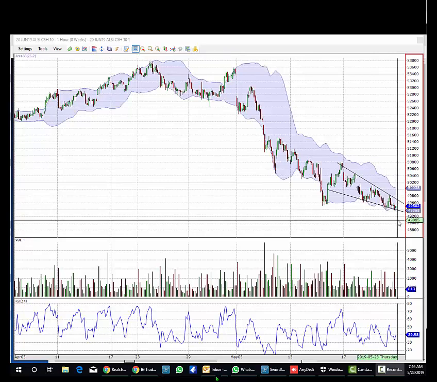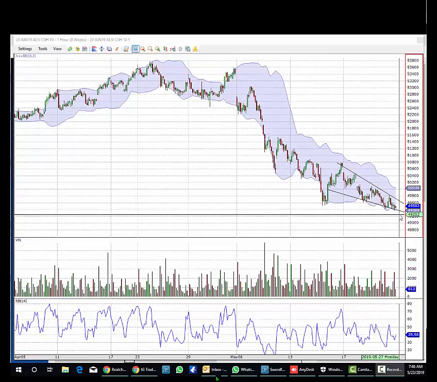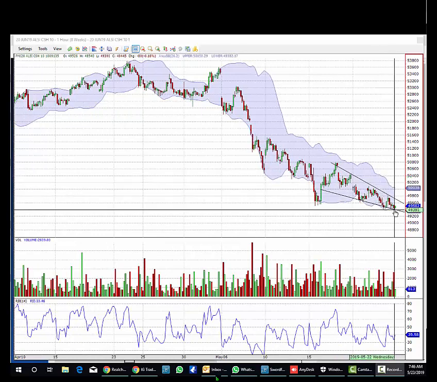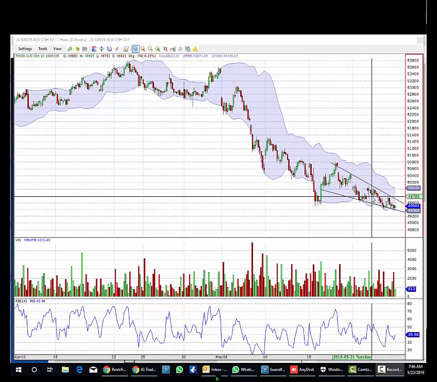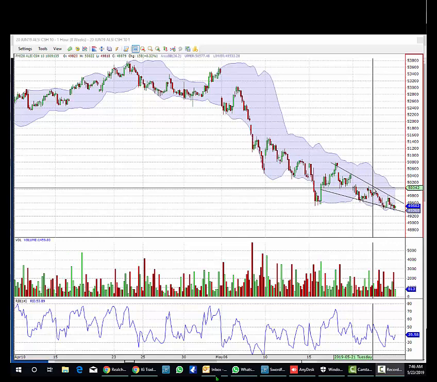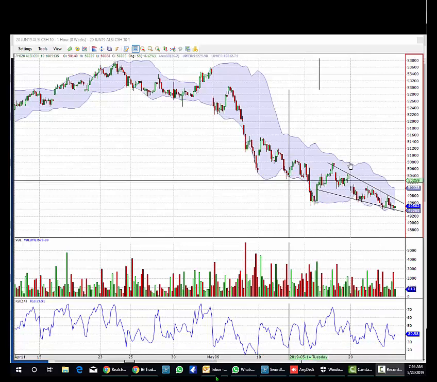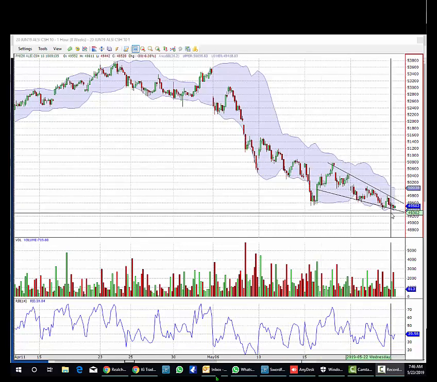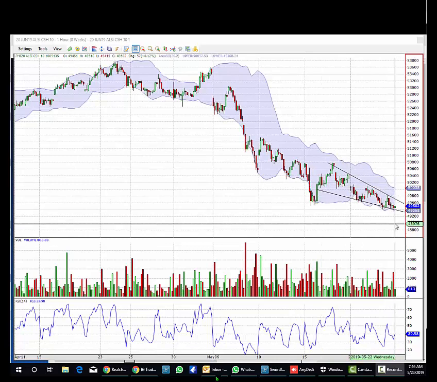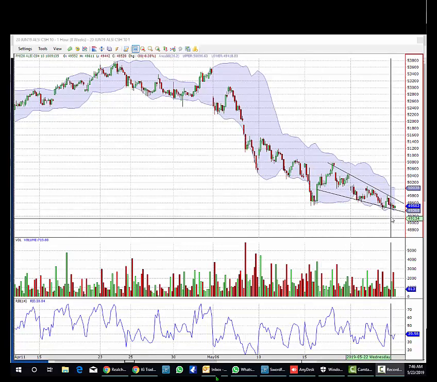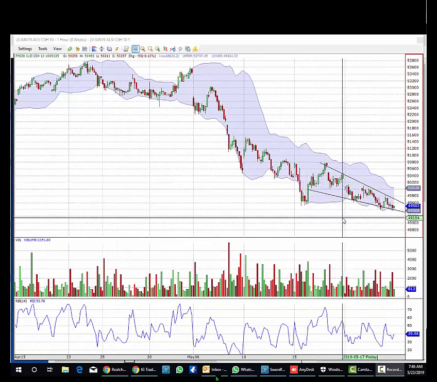If we do find buyers here above 49,000, we could see us regain the diagonal here and then move higher. Although we don't like to look at it too much, we're getting some kind of divergence here on the RSI. You can see it right from this level over here, and that often indicates that the dip is not going to be sustained for that long, or not going to extend. But we'll have to see what happens at the open.